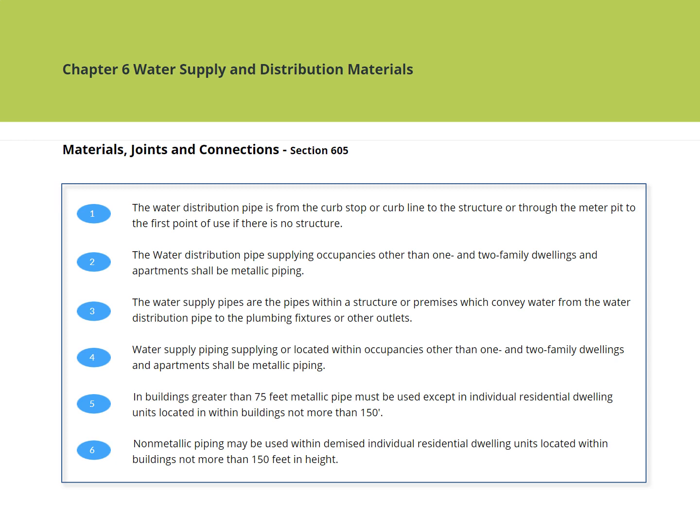The water distribution pipe supplying occupancies other than 1 and 2 family dwellings, and apartments, shall be metallic piping. The water supply pipes are the pipes within a structure or premises, which convey water from the water distribution pipe to the plumbing fixtures, or other outlets. Water supply piping, supplying or located within occupancies other than 1 and 2 family dwellings, and apartments, shall be metallic